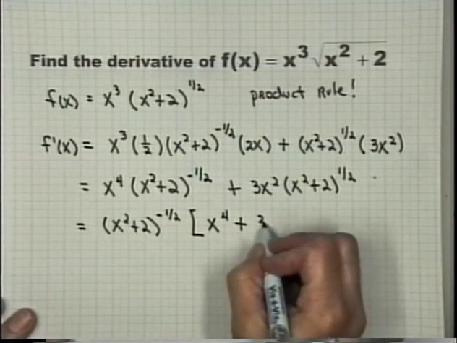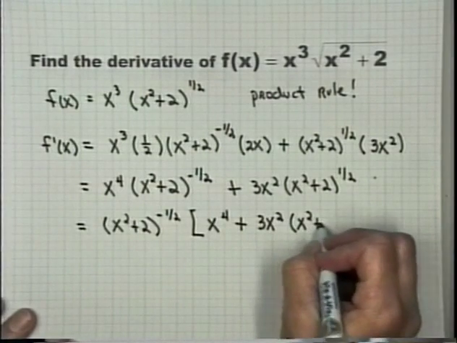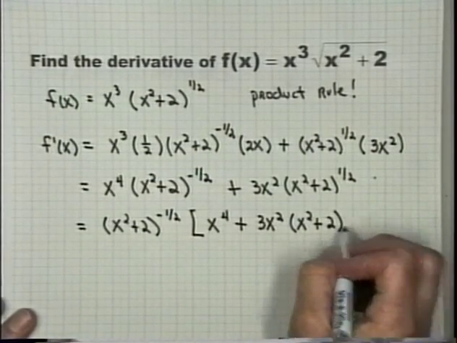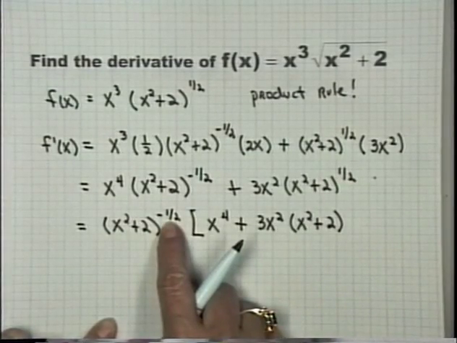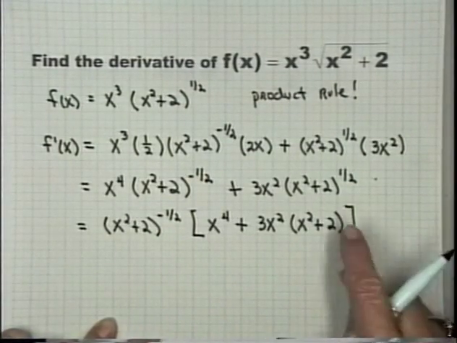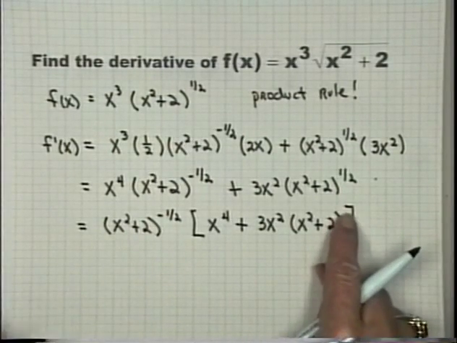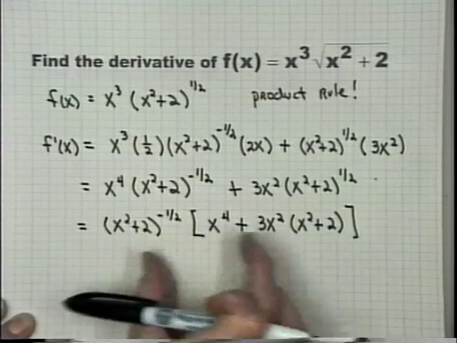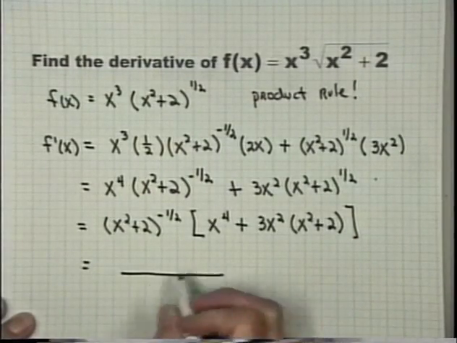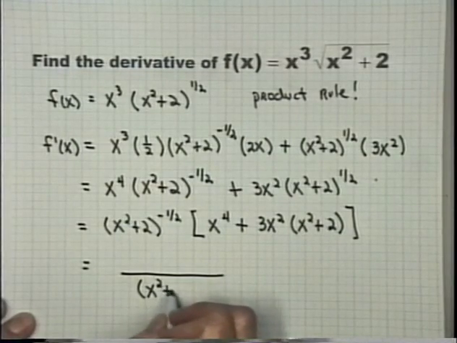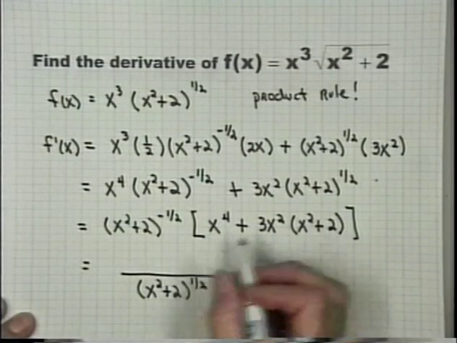Plus, in the second term, I'm going to have a 3x squared, and I will have a power of x squared plus 2. Now, what's the power? Well, 1/2 subtract negative 1/2 gives me a 1. Or you can think 1 added to negative 1/2 gives me 1/2. So this is to the first power. Now that this is times everything, we can move it underneath. So we will have x squared plus 2 to the 1/2 in the denominator, and in the numerator